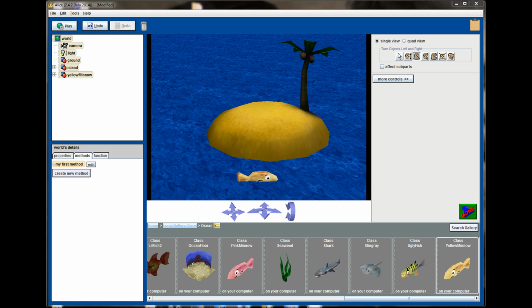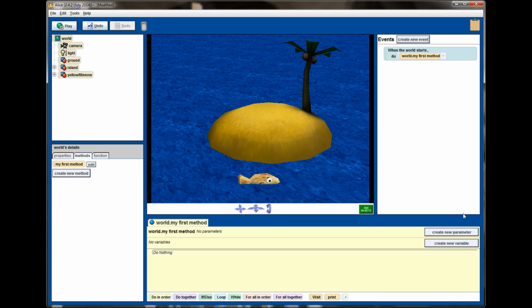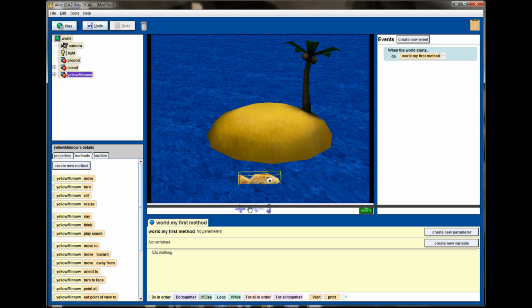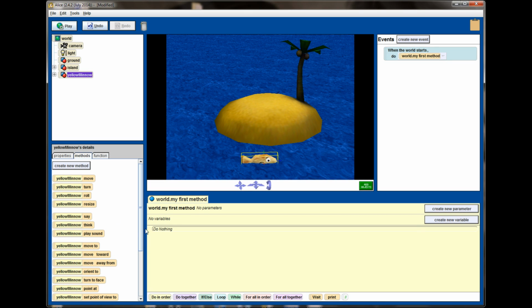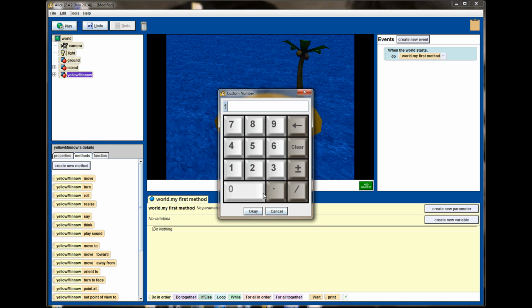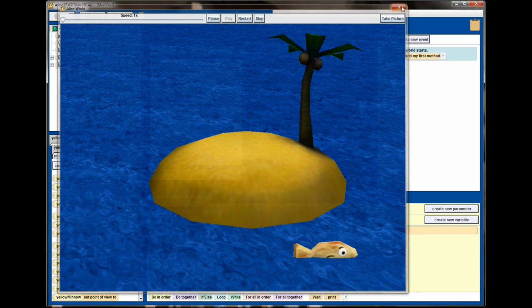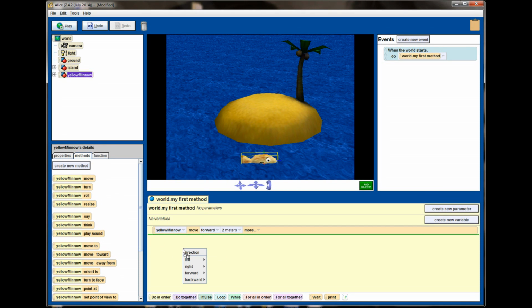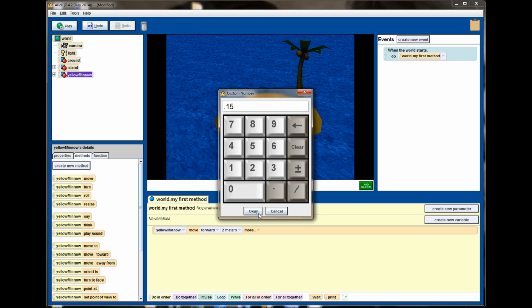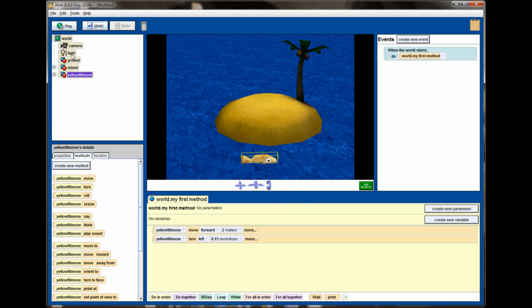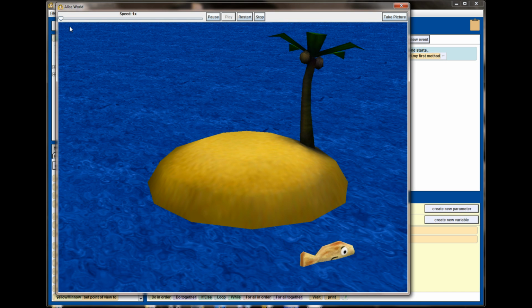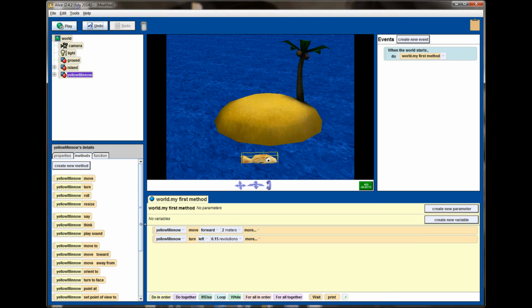When trying to attempt something like this, a lot of the beginning programmers with Alice do something like this. They've got their scene up and they'll select the yellow minnow, and in their Methods tab right here, they'll have the minnow move forward, and let's say we'll move the minnow forward 2 meters, and then try this out. Okay, that's pretty good. And then they'll have the minnow turn to the left, maybe, let's call it 0.15 revolutions, something around there. And then we hit play, the minnow turns, and then they'll have the minnow move forward again,